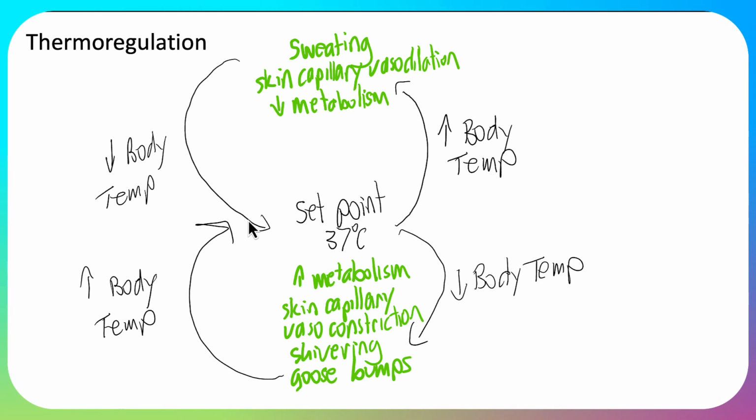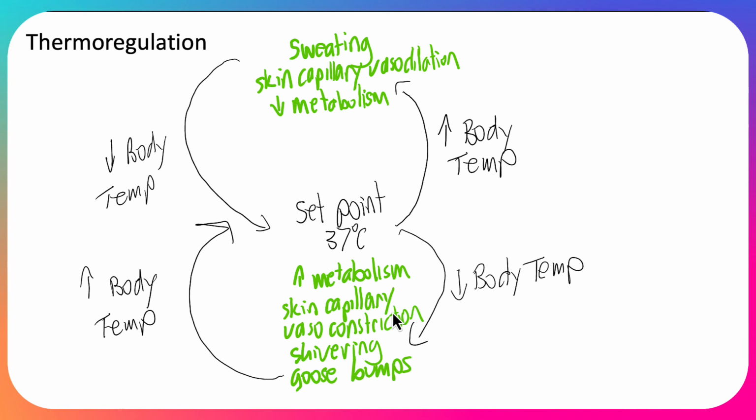Now, we can think about what happens when the body is cold, when the body temperature decreases below the set point of 37 degrees. The hypothalamus in the brain detects that and does a number of responses. Firstly, well, it doesn't work very well in humans. The hairs on our skin become erect and cause goosebumps. Doesn't work very well in humans. Shivering, muscle contraction of the skeletal muscles, involuntary, causes shivering. That produces more heat.